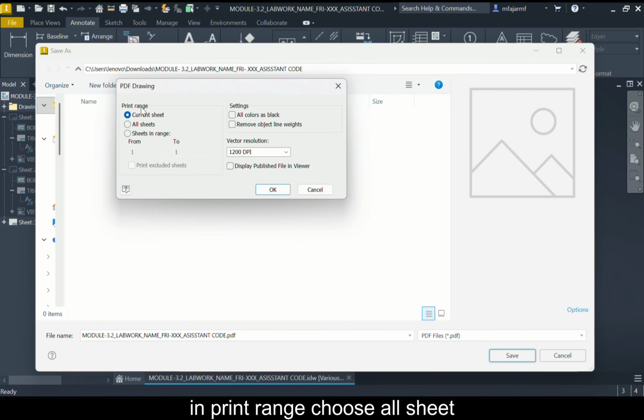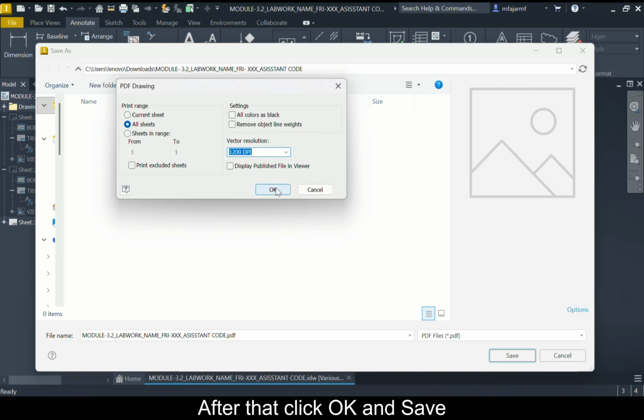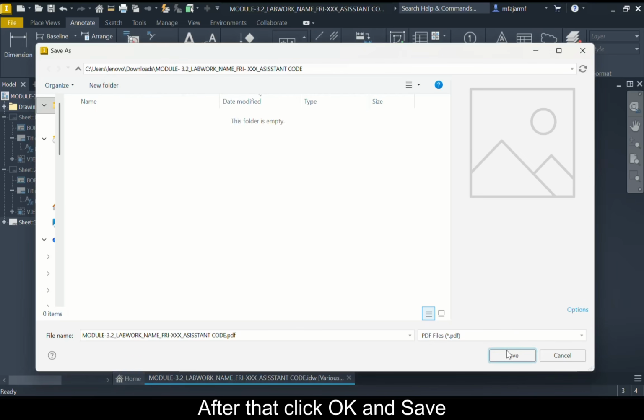In Print Range, choose All Sheets. In Setting, uncheck all of the options. And in Vector Resolution, choose 1200 dpi. After that, click OK and save.